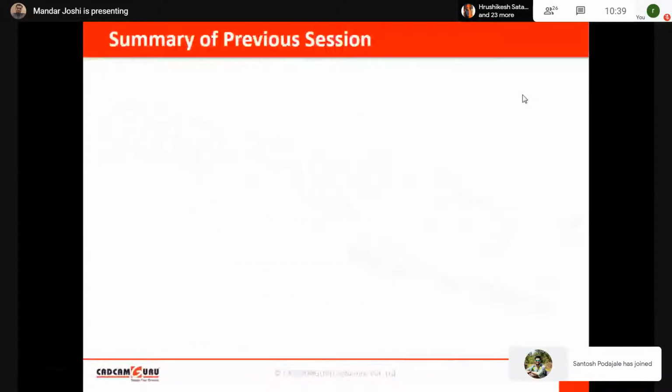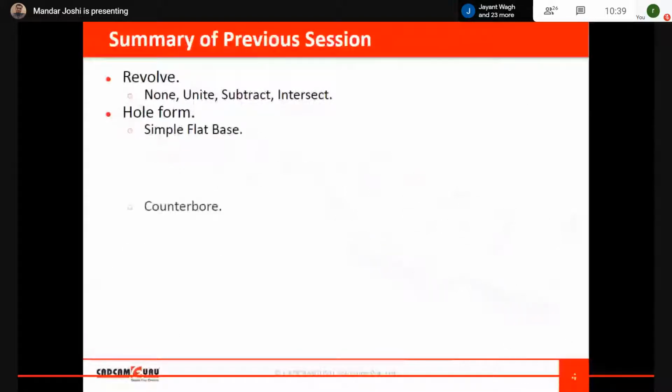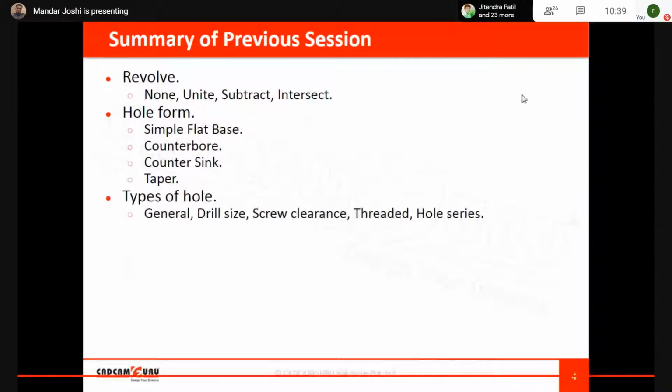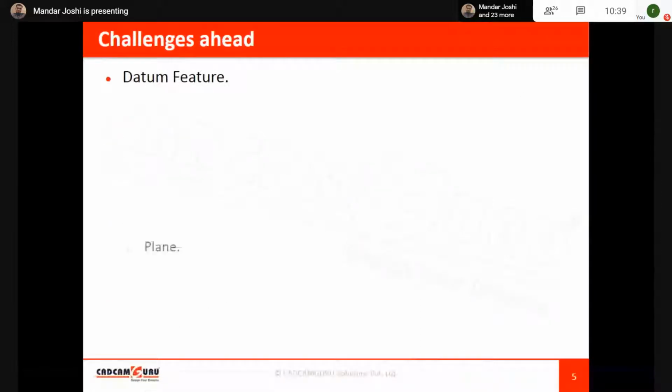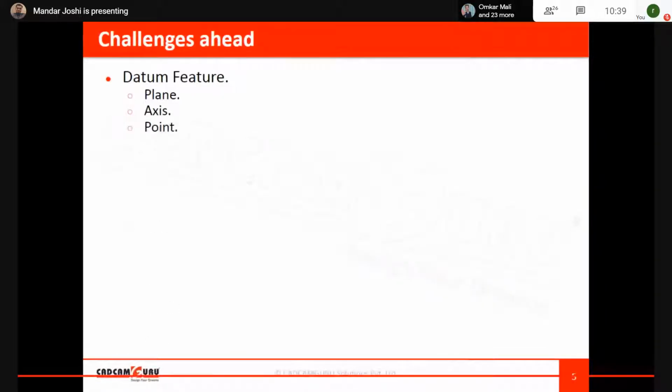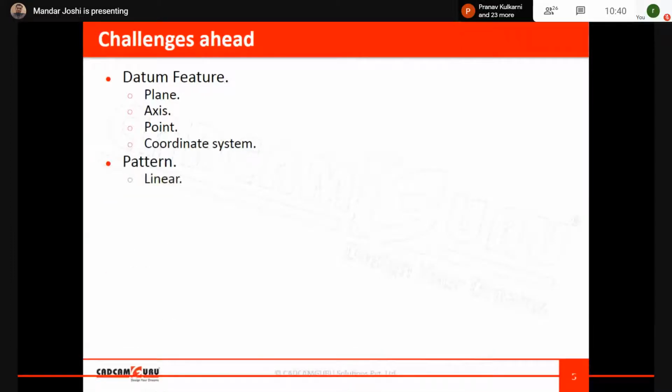This is the last discussion we already done. Revolve a simple hole, I think we have just taken. Other types we will take later. So today's class we are going to see how to create the datum features, types of datum planes, then axis, then point, coordinate system, and also patterns: linear pattern, circular pattern.